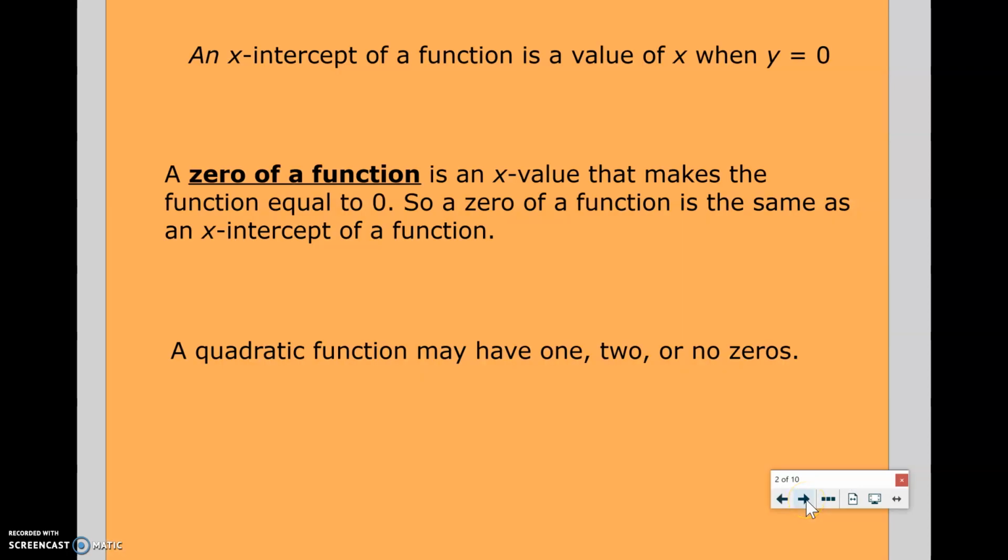So first of all, when we're talking about a zero in a quadratic, think of how an x-intercept of a function is when a value of x is when y is equal to 0. So like if I'm talking about a graph here,